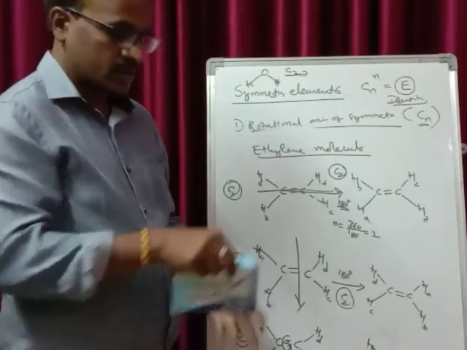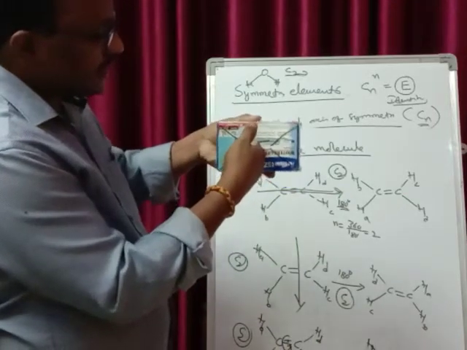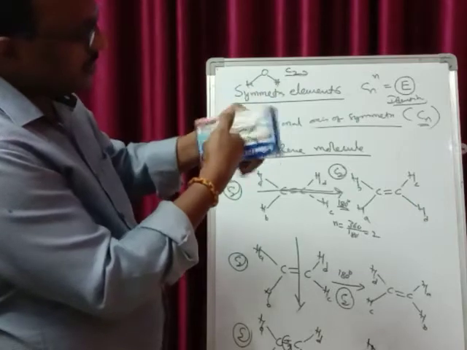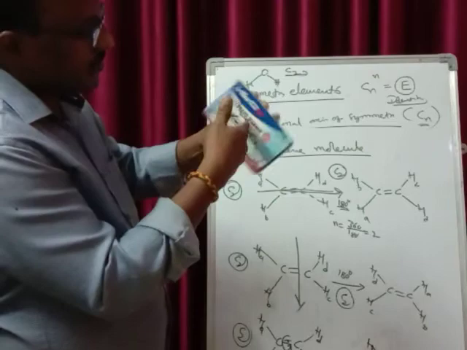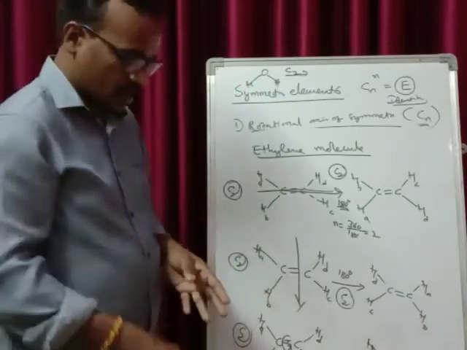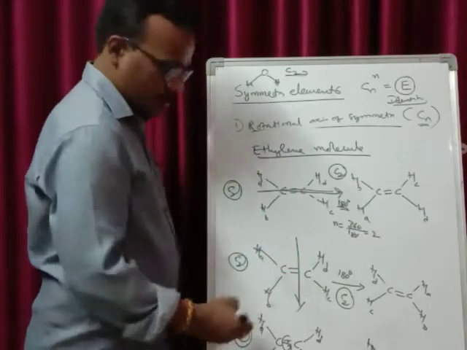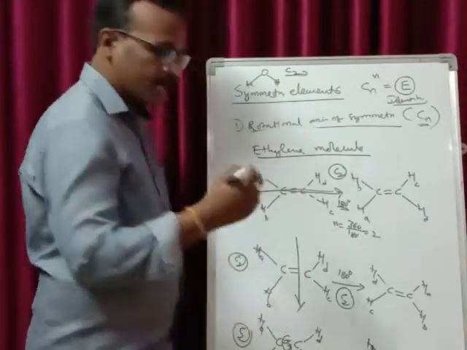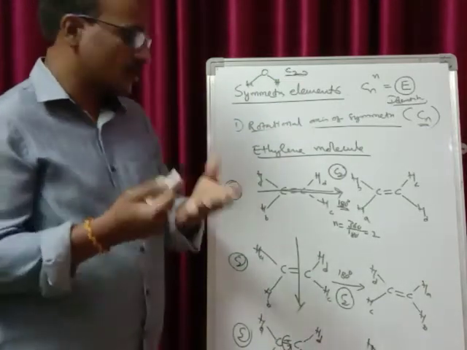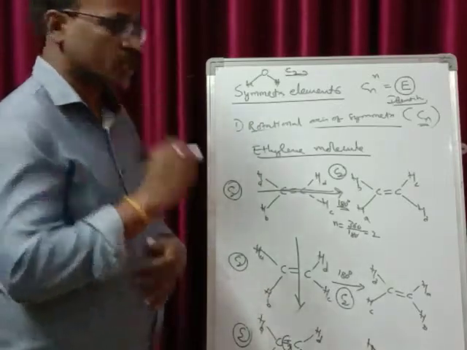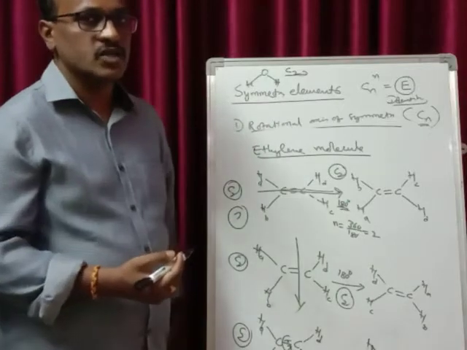Coming to the third axis. The third axis is passing through the center from the front side. Now, when the axis is passing, you are rotating like this, such that these two hydrogens come here and these two hydrogens go here. So this is how the rotation is done to obtain the equivalent structure. Now, in this particular molecule, you can see that this is a C2, this is a C2, and this is a C2. Along the X, Y, and Z axes, the same symmetry element is present. Along these three axes, we have the same symmetry element. Now comes the question. Among these three, which will become principal and which becomes secondary?